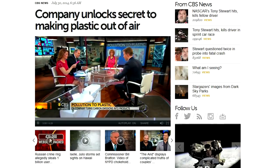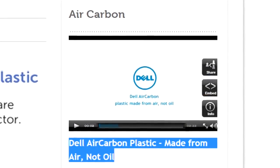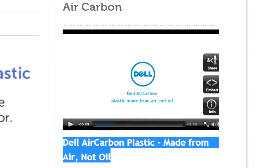And just how a large company like Dell can promote this pseudoscience without even a cursory look as to if those claims are even remotely